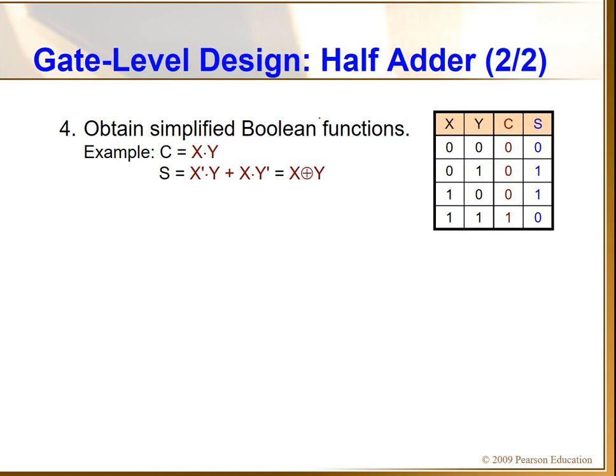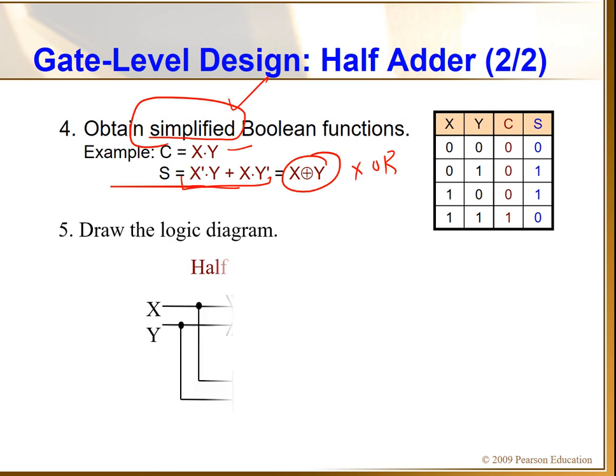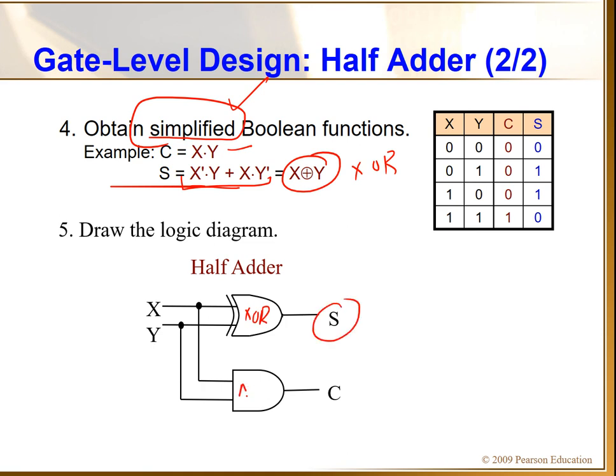So the fourth step was obtain the simplified Boolean expression. Here focus is simplified. First, from the sum we get this one. This is the XOR operation. You write the logic. If it is not simplified, make it simplified using Boolean algebra rules or by using K-map. So your target is to get the simplified Boolean expression. This is AND. So if you implement this logic, then what will happen? I have X, Y, and if I just perform the XOR operation, I will get the sum, and if I just use the AND operation, I will get the carry. Okay, so these are the steps.